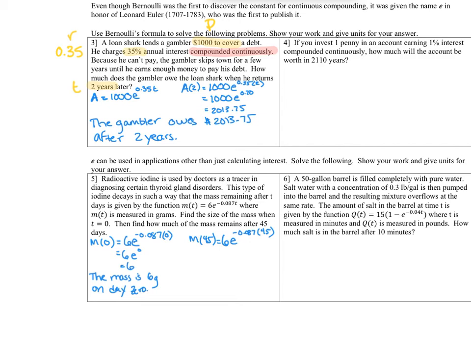Once we plug this in, we can start solving. So this is going to be 6 times e to the power of negative 3.915. Once we plug that into our calculator, we get 0.1196. So for a sentence, we can say the mass is 0.1196 grams